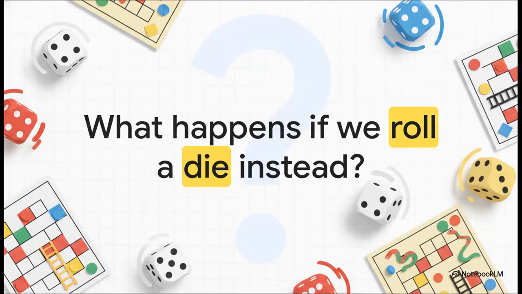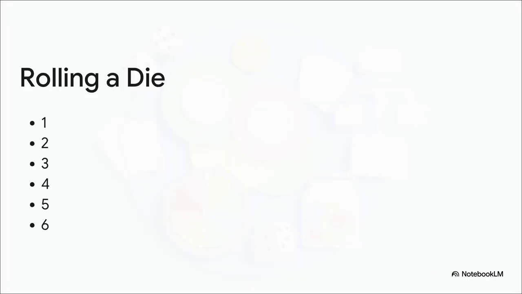All right, let's keep the momentum going and see how this builds when we change the object. What happens if we roll a die instead of tossing a coin? Think of the dice you use when you're playing Ludo at home. You know how hard it is to get a 6 when you really need one to get your token out? How many faces does a die have? How many total possible outcomes are there when you roll it? Let's just count them out together.